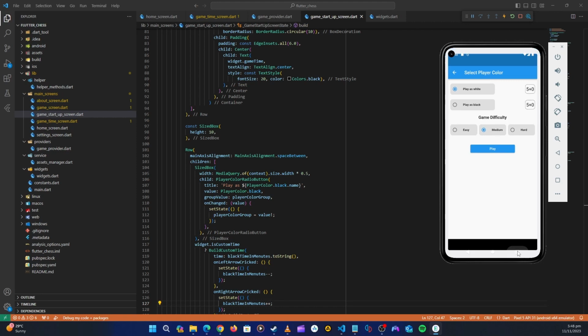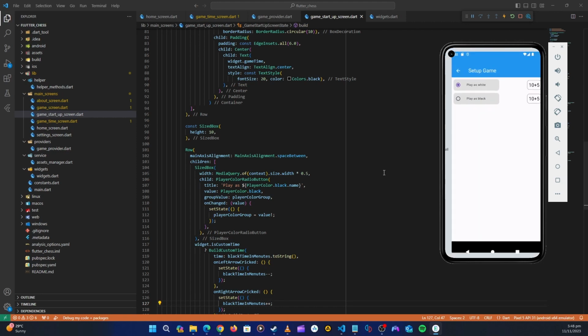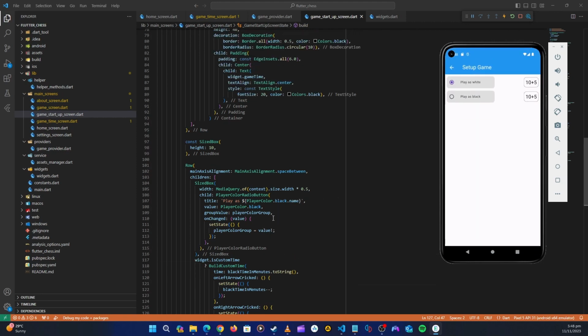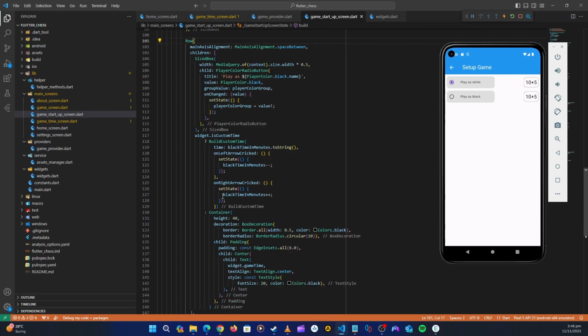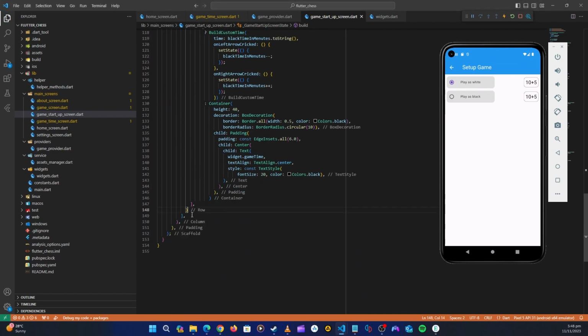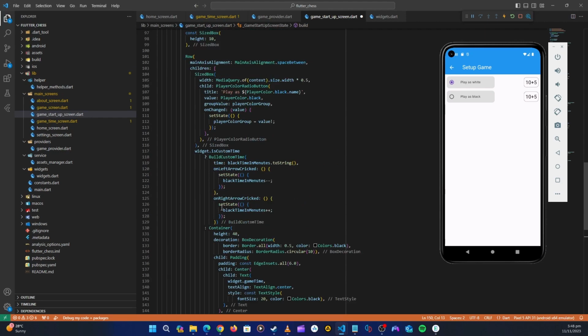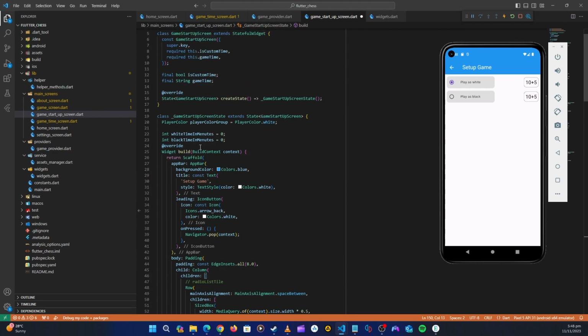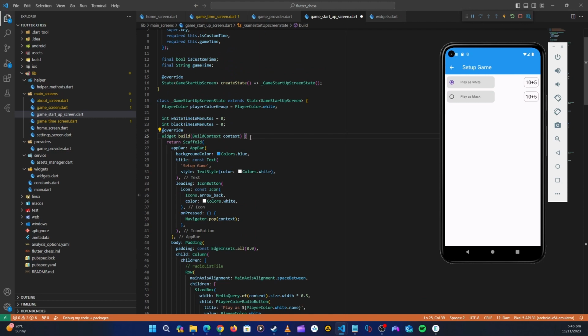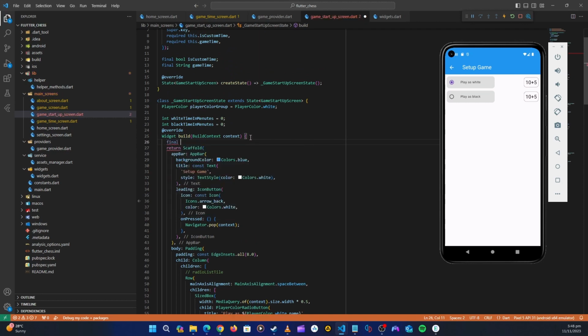Okay, so let's come back here to our screen. After we have put this row for player black and player white, down here after this row we need to have a check if he's playing versus a computer. So let's see if we have initialized our provider on top. No, not yet. So let's say final